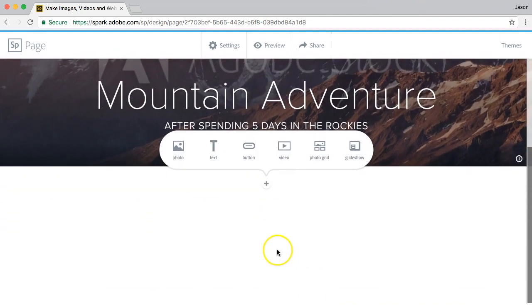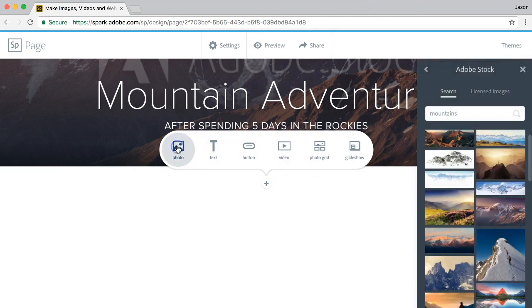So as you scroll down, it's now going to present to you various pieces of content that you can add to your page. At any rate, what you can see is that we can come in and add all kinds of different content. So since I'm primarily focused on making this a photo gallery,